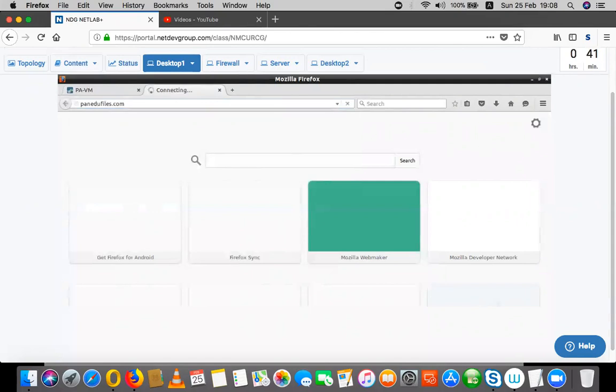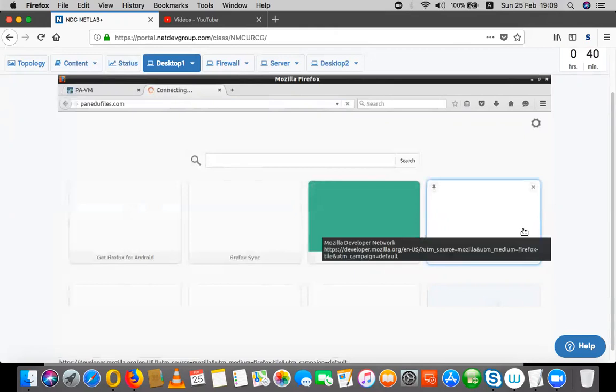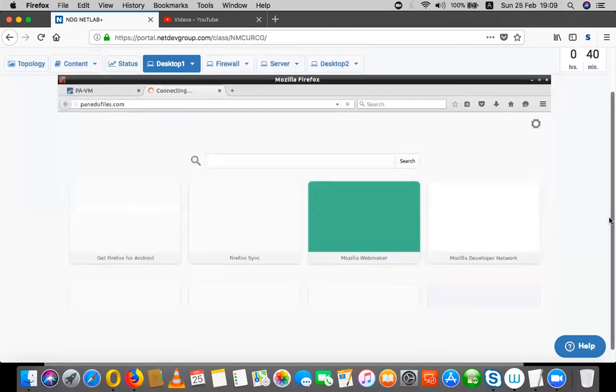And if everything is correctly configured, then we will be able to see a page where it will ask us for username and password, and we need to enter the username and password to validate if I can access the specific resource, which is pan-edufiles.com. Okay, so let's verify